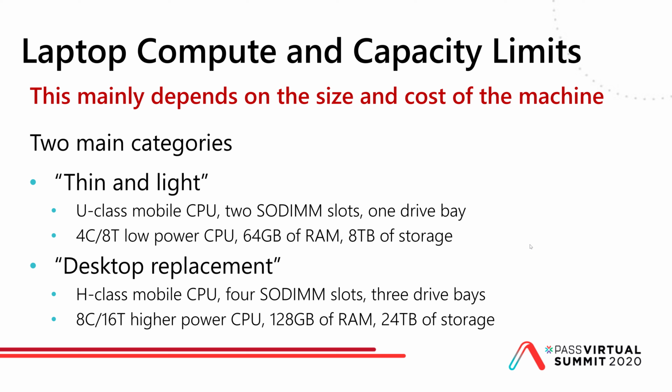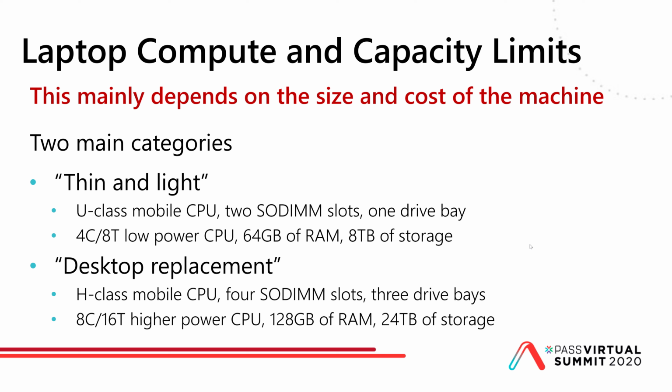Typically these laptops have a 4-core, 8-thread, low-power mobile CPU, and they're limited to 64 gigs of RAM with newer machines. Older machines might be 32 gigs or even 16 gigs. And if you've got one drive bay, the most you can possibly have is 8 terabytes of